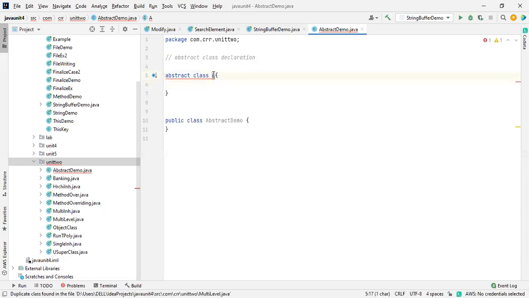Okay, let me take it as AB. So here I just used the first rule: we have to use the abstract keyword before the class name, and this is the name of that.